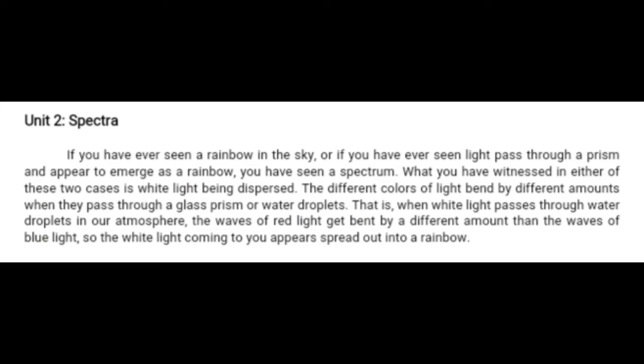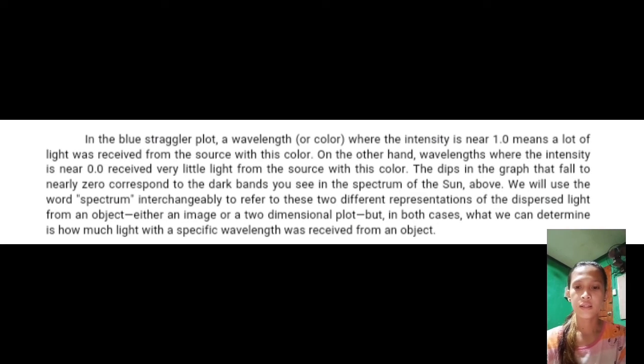That is, when white light passes through water droplets in our atmosphere. The waves of red light get bent by a different amount than the waves of blue light, so white light coming to you appears spread out into a rainbow. In the blue straggler plot, wavelength or color where the intensity is near 1.0 means a lot of light was received